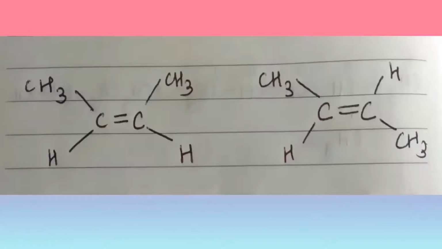Now coming to these two special cases, here I'm going to be talking about cis and trans notation. So you all know what cis and trans are. Cis means that two substituent groups, or two similar groups, or a particular combination of groups, are present on the same side of the double bond. And trans means they're present on opposite sides.